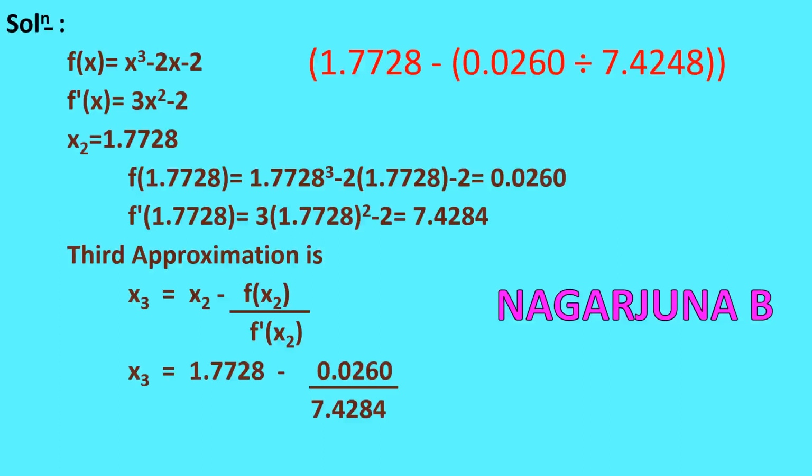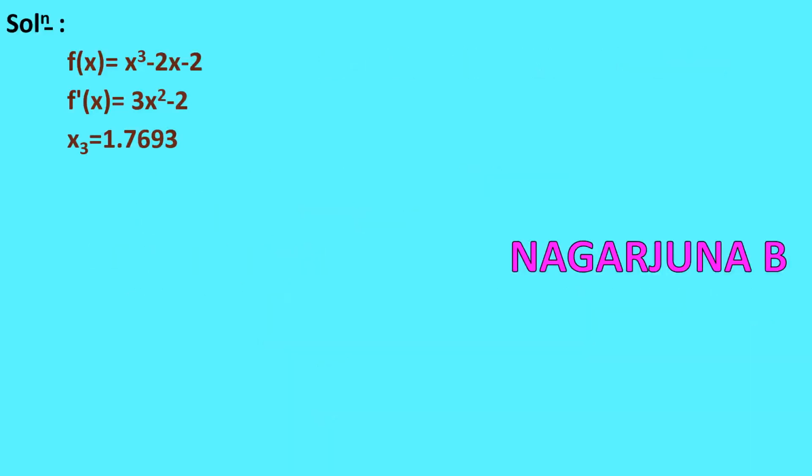So this will give the answer, considering only 4 significant digits after the decimal point, and that answer is x3 is equal to 1.7693, rounding off to 4 significant digits. Since in the question they asked to find the root of an equation which is correct up to 3 significant digits, but we have got the answer as 1.7693 for x3, and for x2 we have got